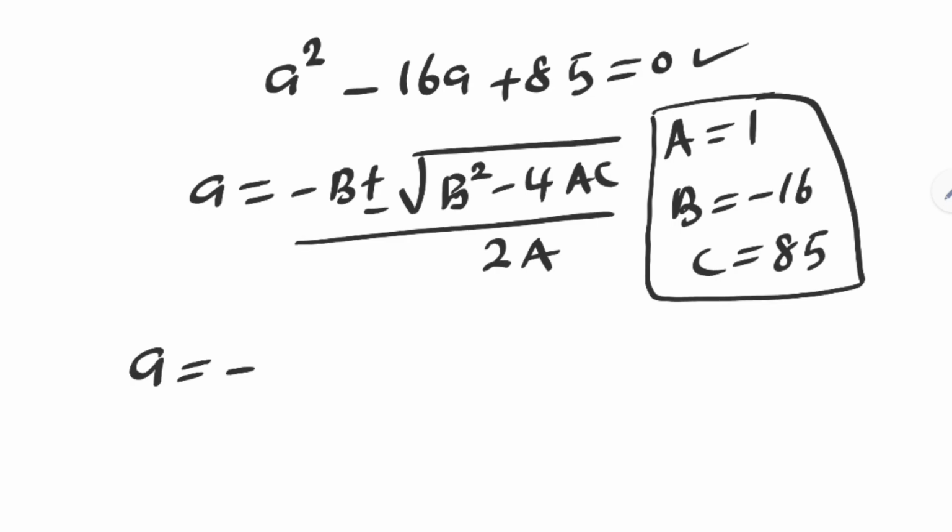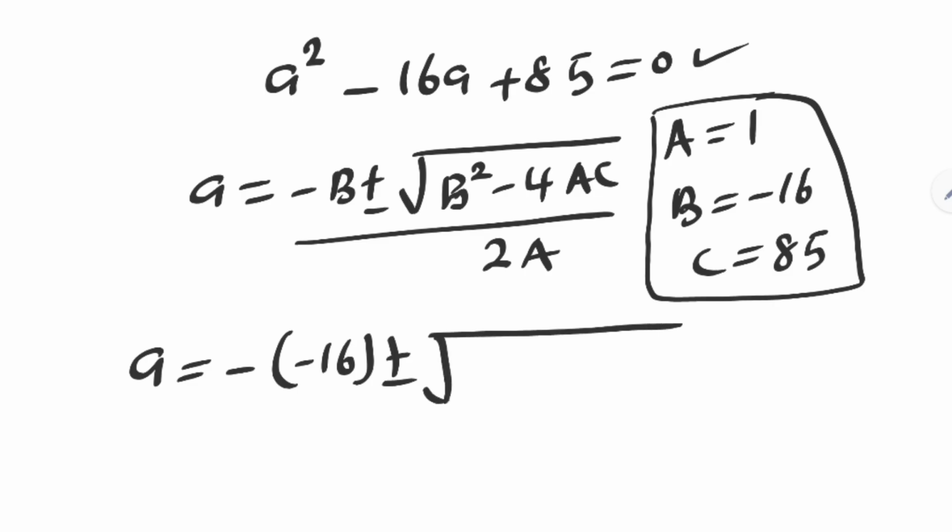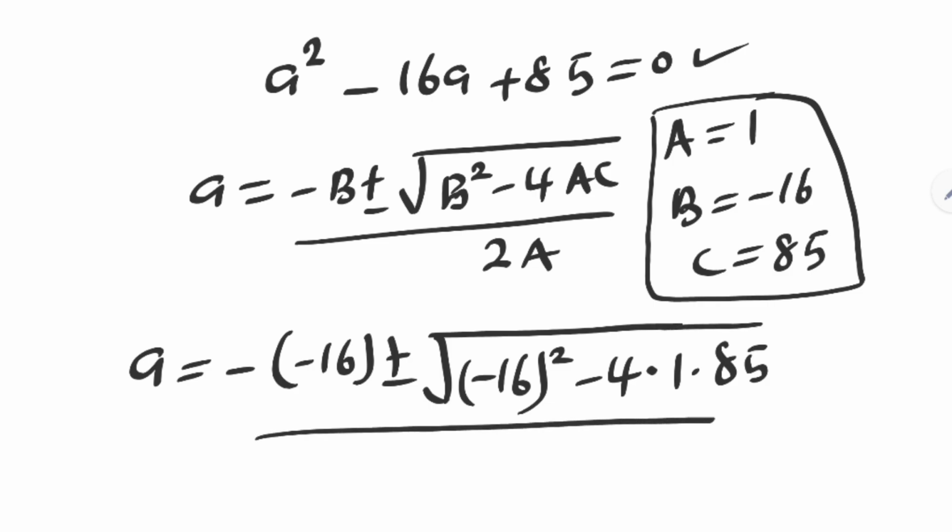A is equal to minus bracket minus 16 plus or minus square root of minus 16 square minus 4 multiplied by 1 multiplied by 85 over